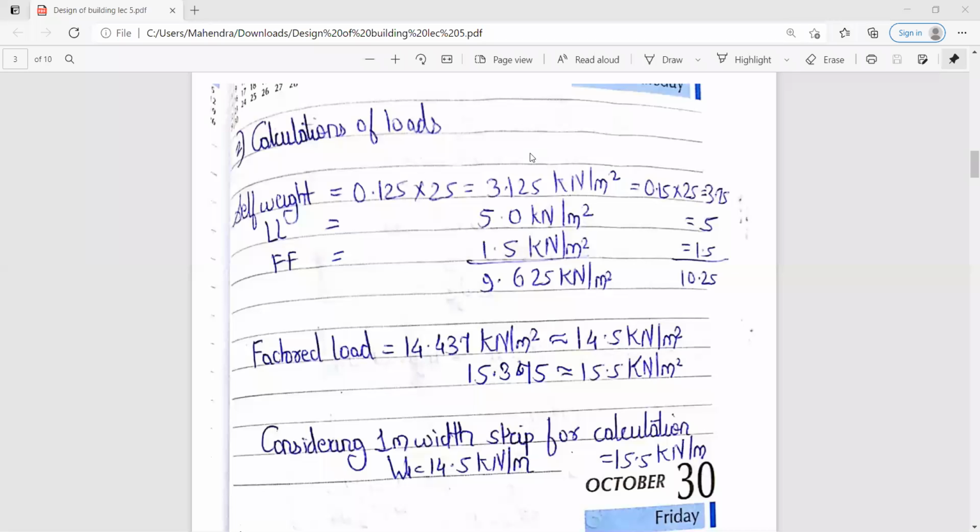While designing slab S1 and S3, what are we considering? We are considering simply supported from both sides. As we are considering it as simply supported, what depth value have we taken? L effective upon 20 MFT. From that, what depth did we get? 125 mm. So we had got the depth as 125 mm. So from that, what self weight did we get? 0.125 into 25. So for that we are going to consider this 3.125 kilonewton per meter square.